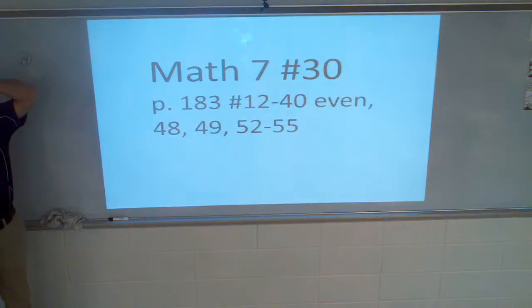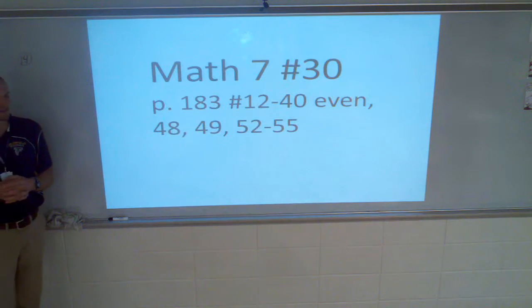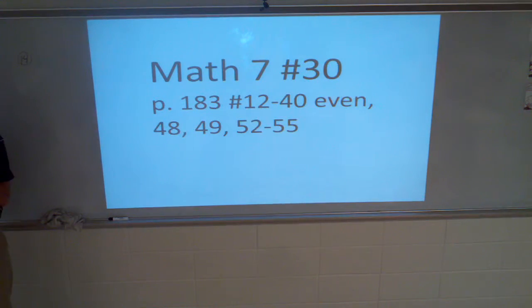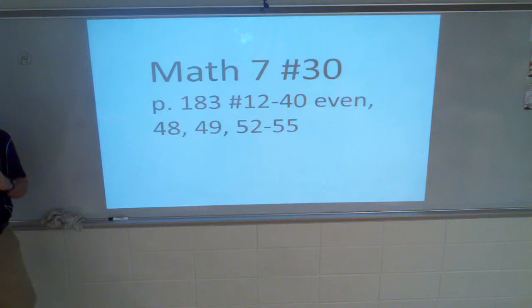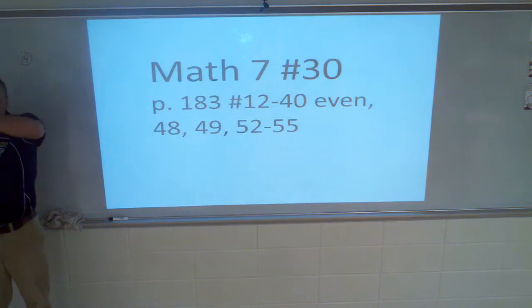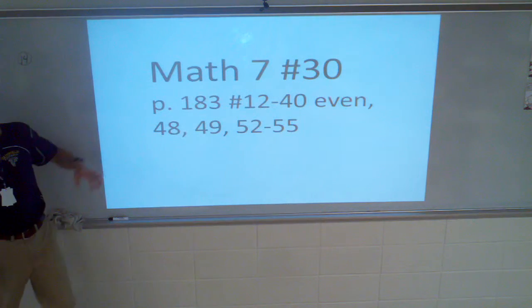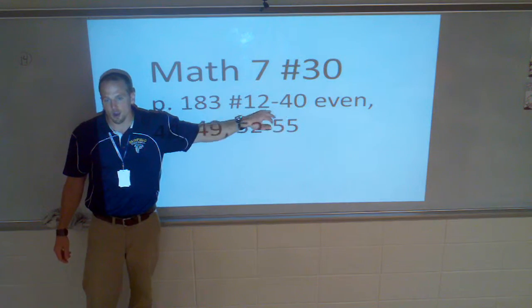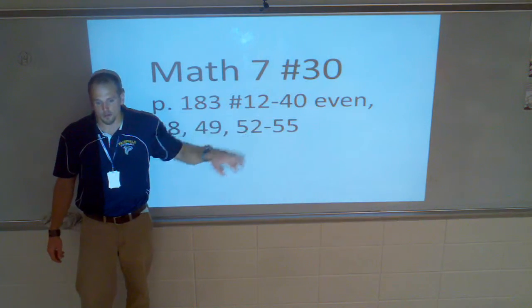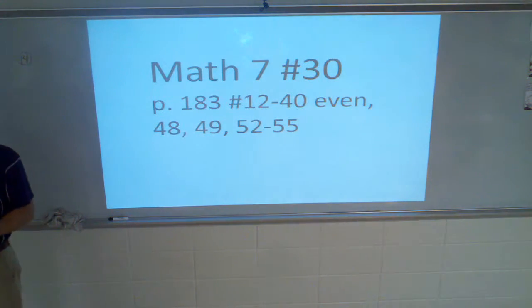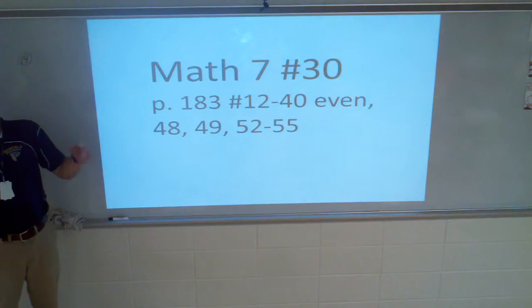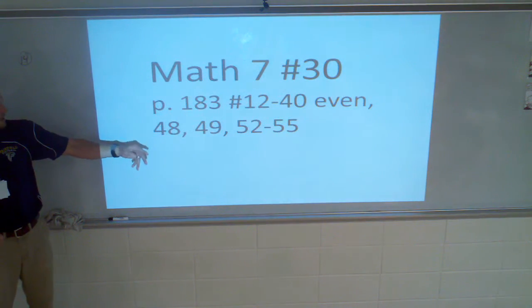Now, as you do your homework, a couple things. I don't care if you abbreviate P and C for prime and composite. Okay, I don't care if you do that. When you are writing the prime factorization, I want you to show your work exactly by the problem. Okay, don't put all of your answers over here and your work scattered over here. Don't do that. Put your work by your answers. Also notice, 12 through 40 are only even. So you're going to do 12, 14, 16, 18, 20, all the way up to 40. Then 48,